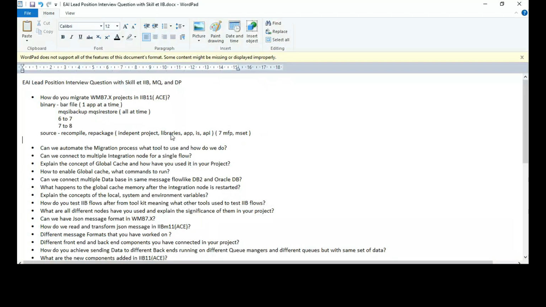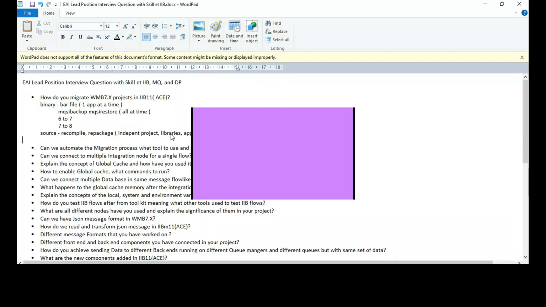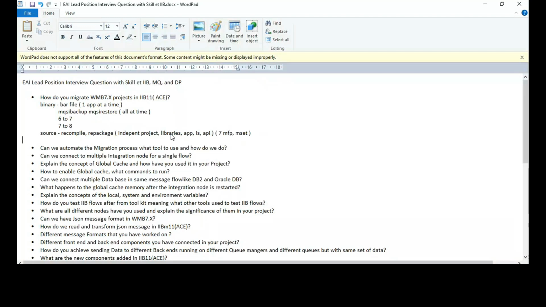So the first option was the binary option where we just override the bar file, either one bar file at a time or multiple bar files at one shot. It's not multiple bar files. It's the broker itself. You will change the broker entirely and not the bar file. So in these two options, I would consider it as only one option. So in this one particular option, when we are just overriding the bar file to the latest version. It is not overriding. We are deploying the bar file.